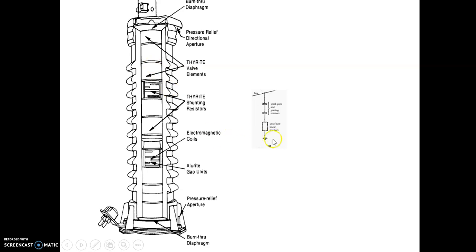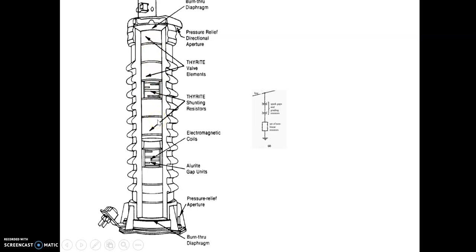So here I have shown the symbol of this. Now, the gap and the nonlinear resistor: a number of discs will be connected one over another, and gaps will also be connected, inserted in series with the high resistance. There you can see pressure relief valves will be there, because when the gap operates, the lightning arrestor operates,